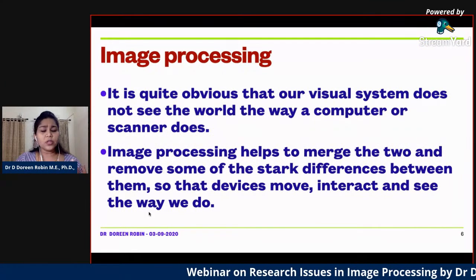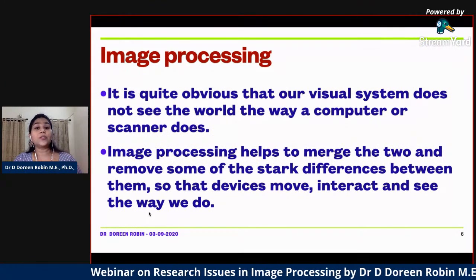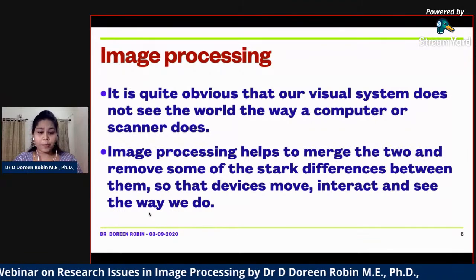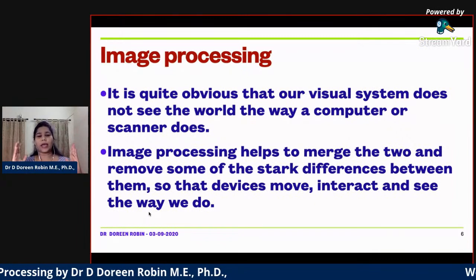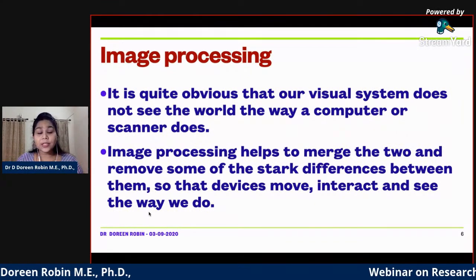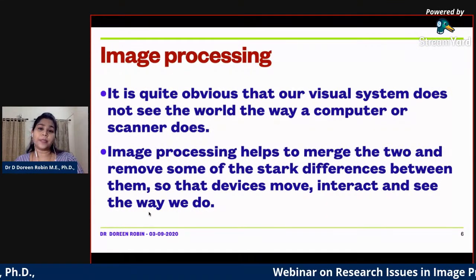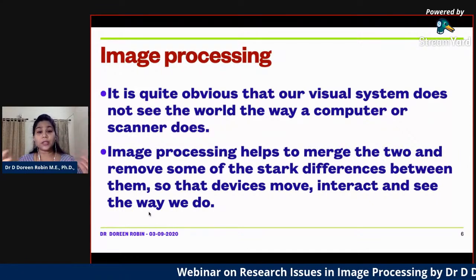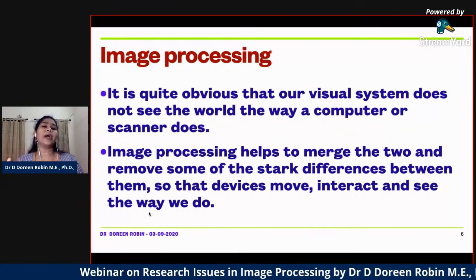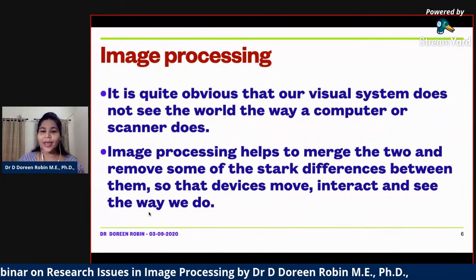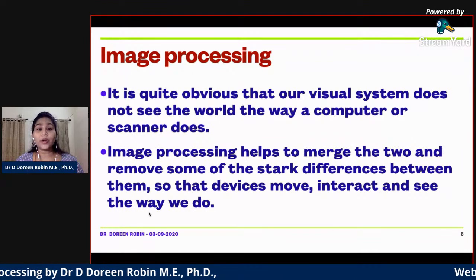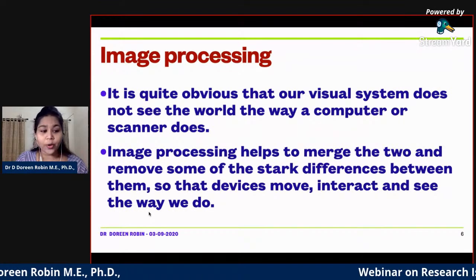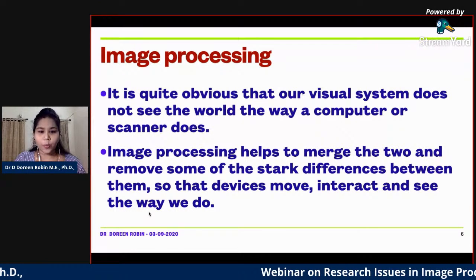Okay. So you can merge two images. That's what I said as an example, with mask and without mask. But still, if I go with the mask, when a camera captures my image, my algorithm should say it's Doreen and that she is permitted to enter the campus. And whether I go with my mask or without my mask, I need to refine my algorithm. Before, it was okay, nobody wears masks, right? But now I need to write an algorithm for it. There are a lot of research issues going on, and people are still working on that.